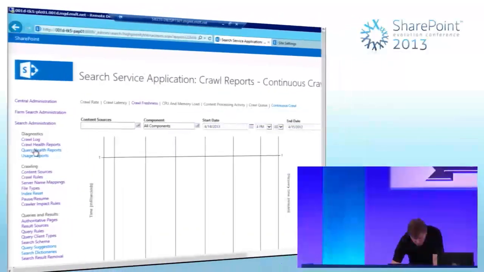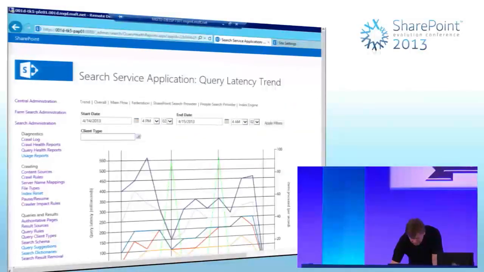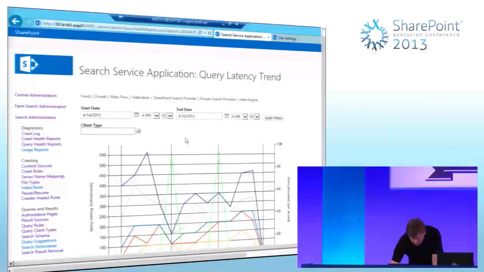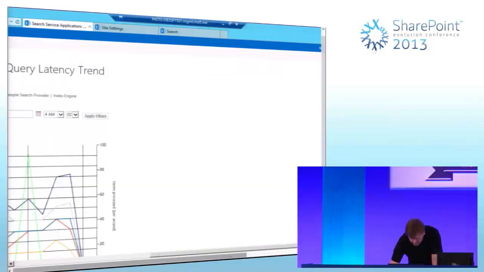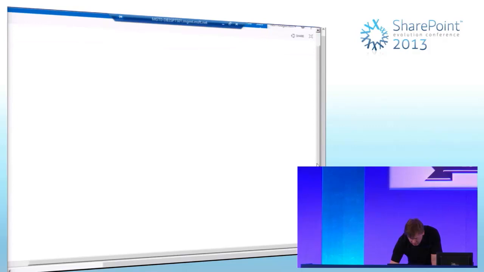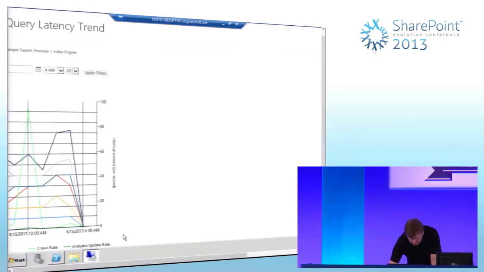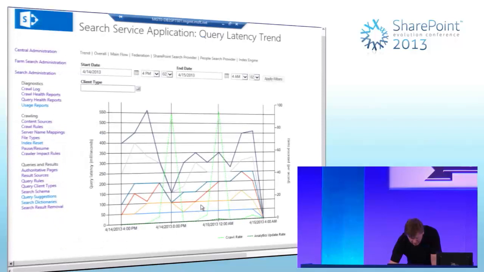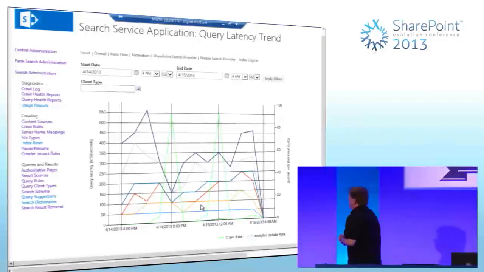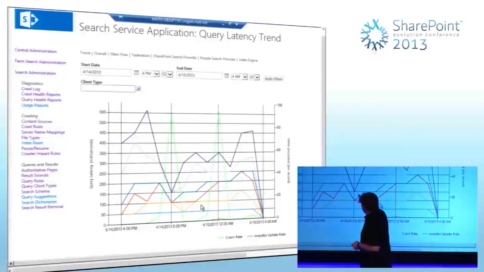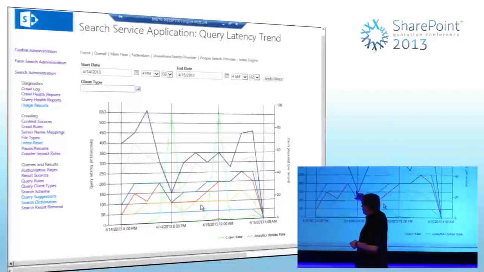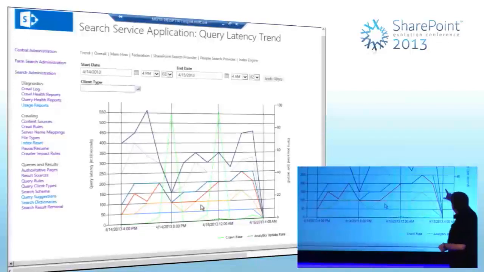And then probably one of the single most important reports would be your query latency. The classic thing that I always get from my Office 365 dedicated customers is that search is too slow, we're not getting results quickly enough. So I go to this graph and have a look, and I can see that at this point in time I was hitting pretty poor query latency. 150 milliseconds, actually that's not bad. But if you look at the percentile, which you can't see,